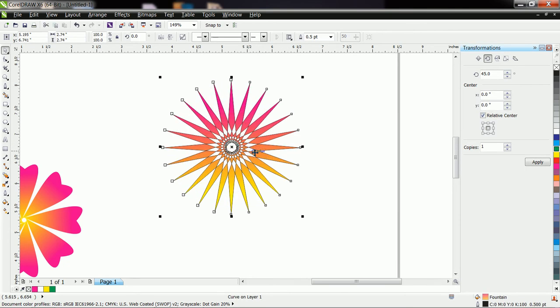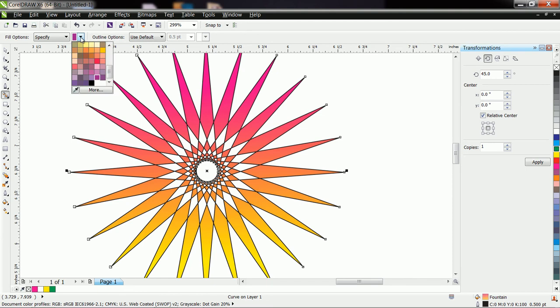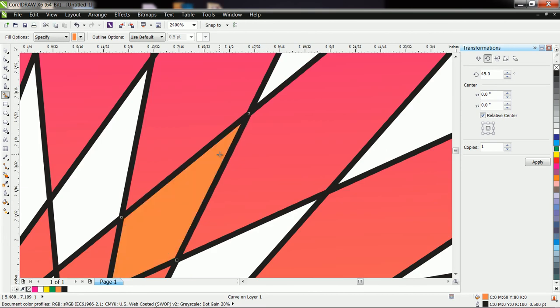And to fill these empty or white areas, you can use the smart fill tool. If you don't know this tool, then you can watch the lecture on how to use the smart fill tool. Okay, like this you can fill the empty area.